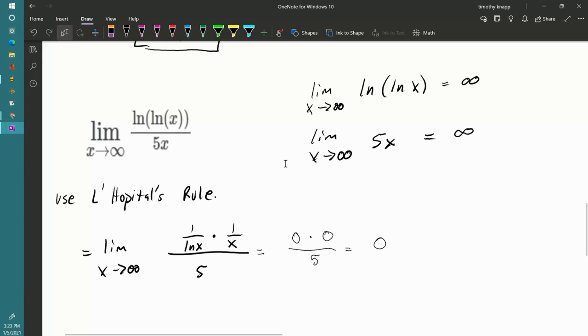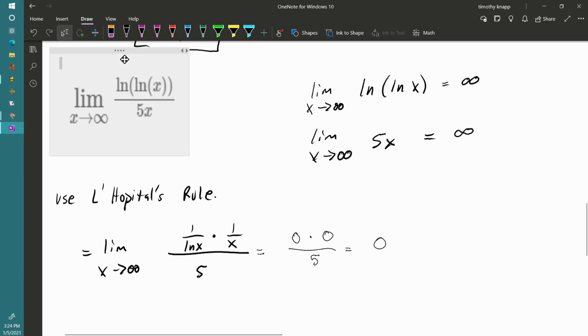Now remember, on the AP exam, I want to say I'm going to use L'Hopital's rule, right? In order to use L'Hopital's rule, you're going to need to write down right here that the numerator does approach infinity and the denominator does approach infinity, and then you can use L'Hopital's rule. You have to establish that the conditions exist in order for you to use the rule. You can't just go straight into it. Apparently, you'll lose some points for that. Anyway, go ahead and write all that out first, and then, according to L'Hopital's rule, you take the